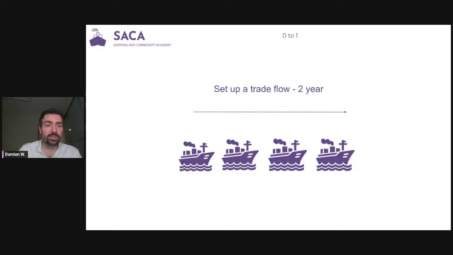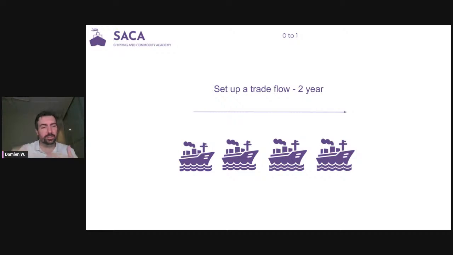Then you need to set up a trade flow. Usually how it works is you do your first trade with your buyer, with your supplier, a trial container of whatever. After this trial container, you ask: are you happy with the quality? Is there any issue in the logistics or in the documents that we need to solve? And once you've had this discussion, you are going to say, all right,